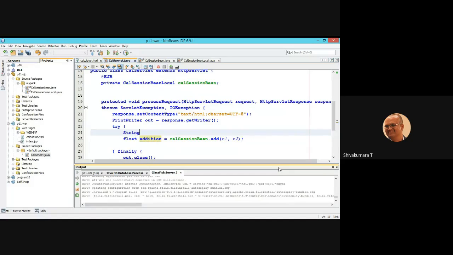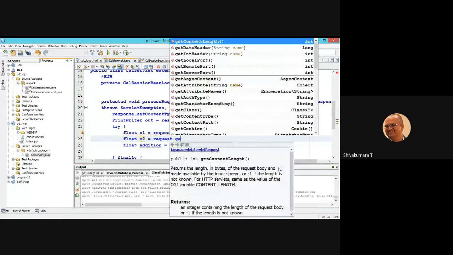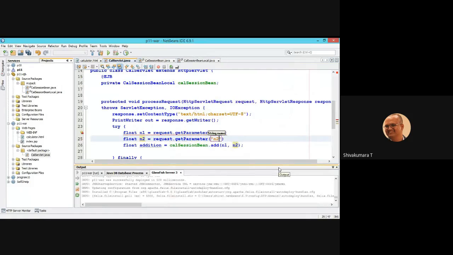For that, float n1 equal to request dot getParameter of n1, then float n2 equal to request dot getParameter of n2.